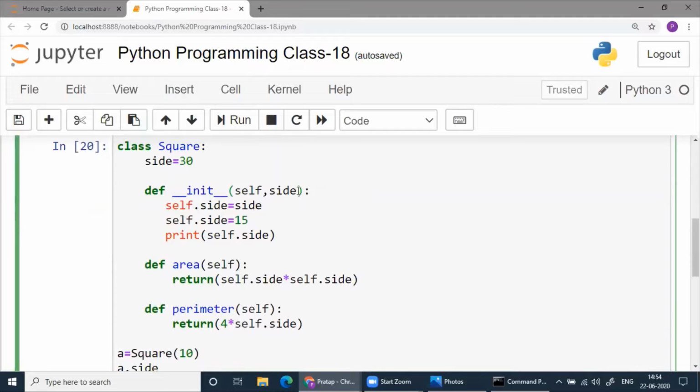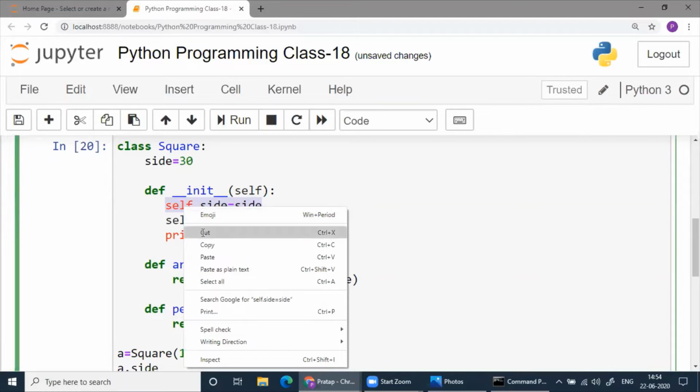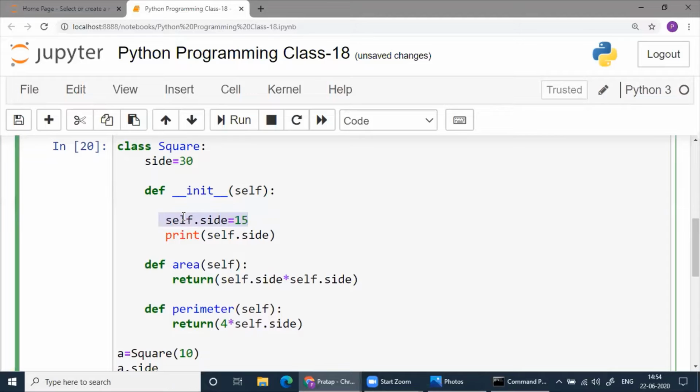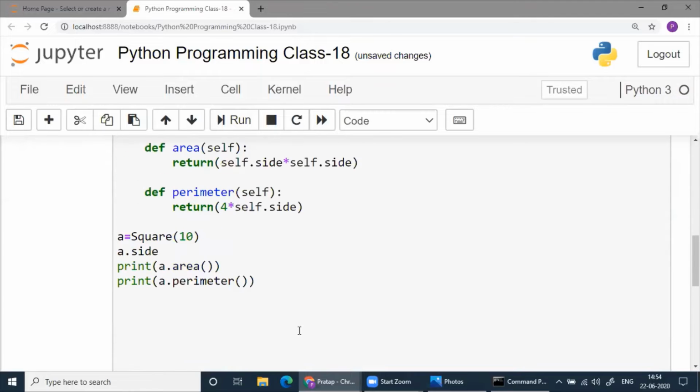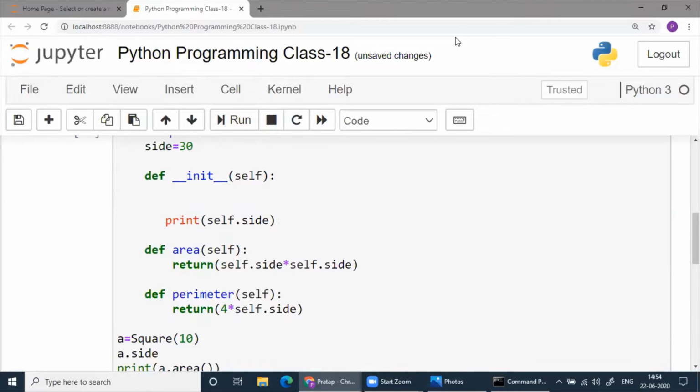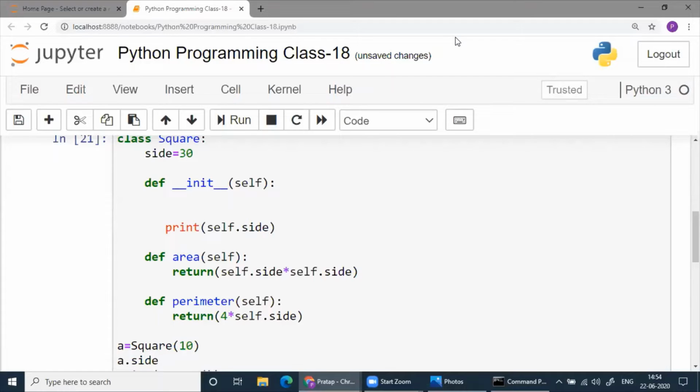Now suppose you close it, and you don't need to write this. Even you don't need to write this. Check what you are getting. There is a problem here, right? The problem is we've written 10 here because we are not sending anything.